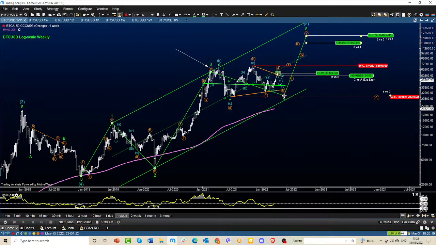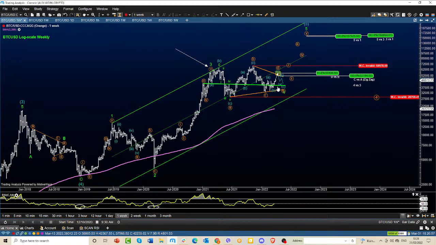So if we go below 30K, of course, we'll have to change it. This is the worst case scenario, and that is a 22-25K test. Where is this 200 moving average? Where is the 38% retracement? And there are also a couple of other things there, as you can see. But I will not talk about that until we break some key levels that we just talked about, and one of them is this 23% ratio, which comes around 29, 30, 31K.